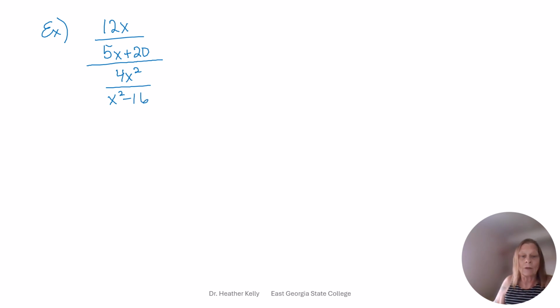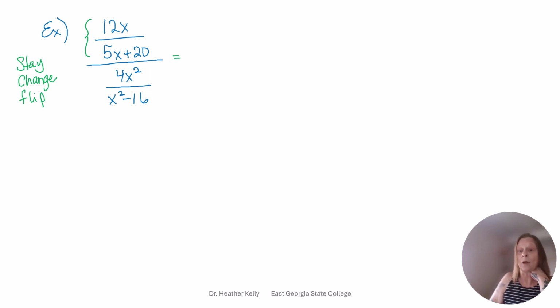Now what we have here is a complex fraction. We have a fraction divided by a fraction. And what we get to do with that is something called a stay, change, flip. And you might call it something slightly different, but basically